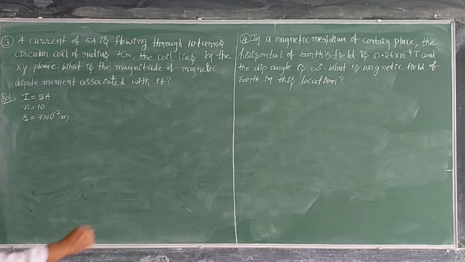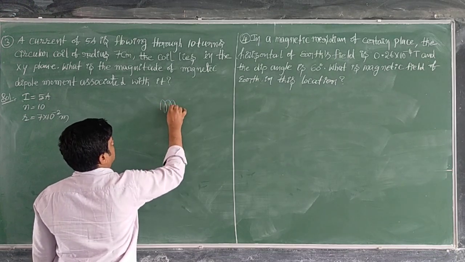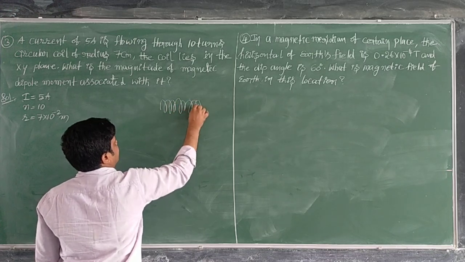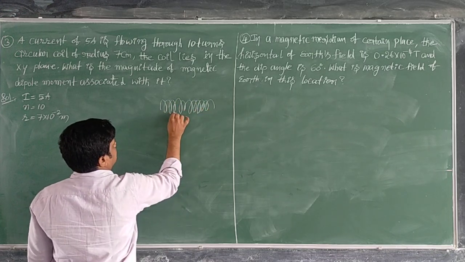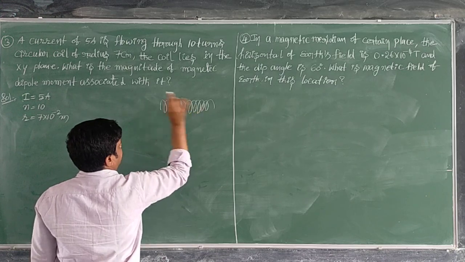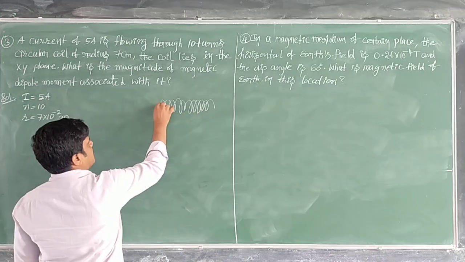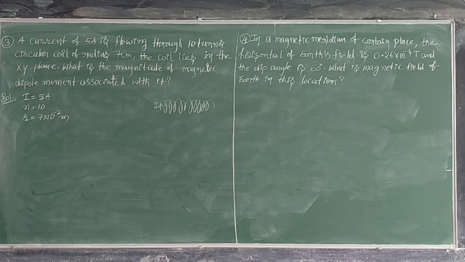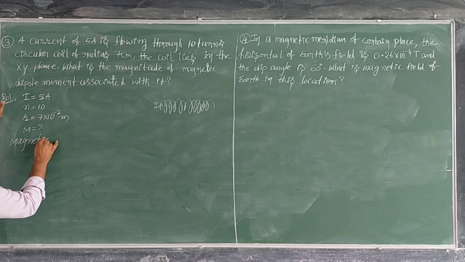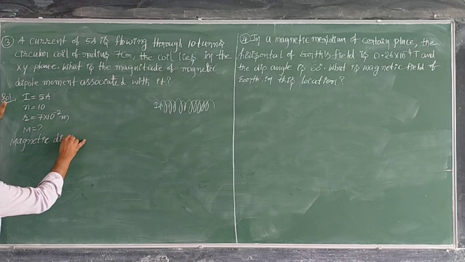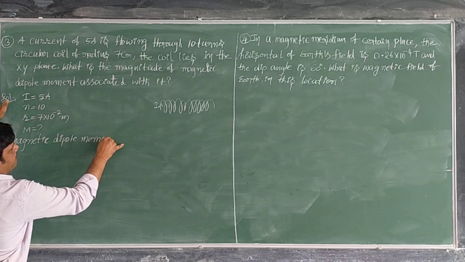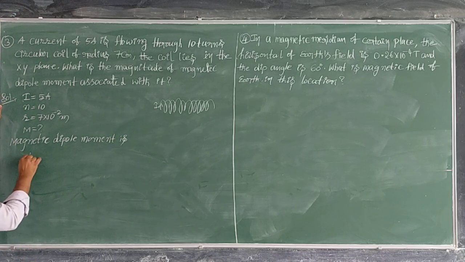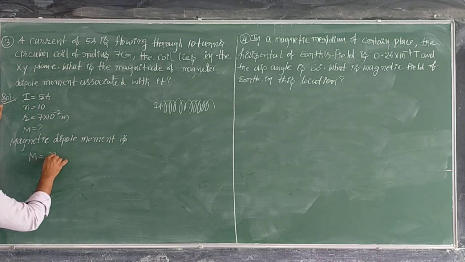Like this, there are 10 turns, 1, 2, 3, 4, 5, 6, 7, 8, 9, 10. In these 10 turns a high amount of current is flowing. We have to find out the magnetic dipole moment. What is the magnetic dipole moment? It is given by